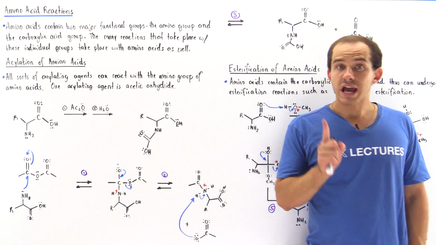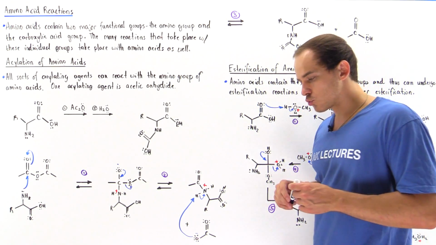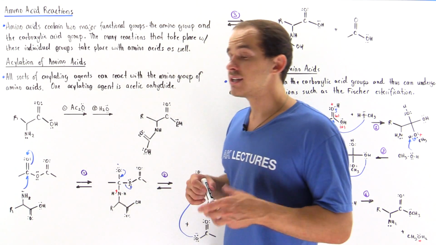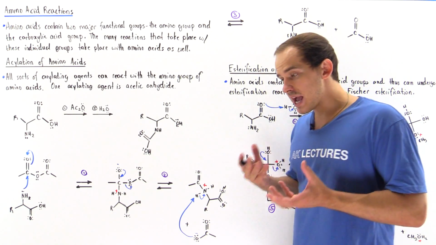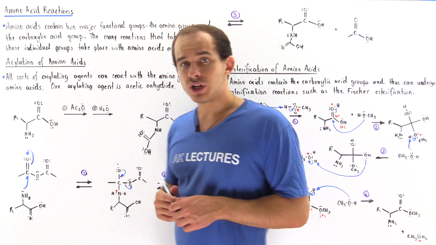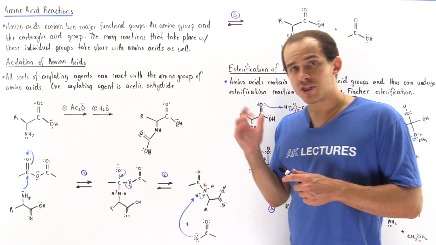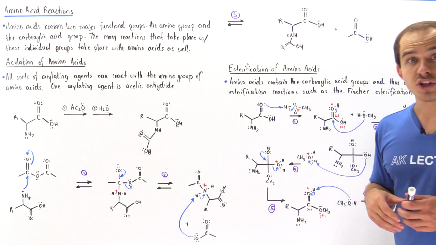Amino acids are reactive molecules because they contain two major functional groups. We have the carboxylic acid group on our amino acid as well as the amino group. Now, one very common reaction that amines undergo is an acylation. Just like regular amines, the amino group on the amino acid can also undergo acylation reactions in the presence